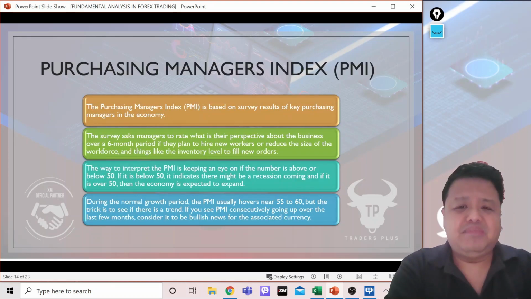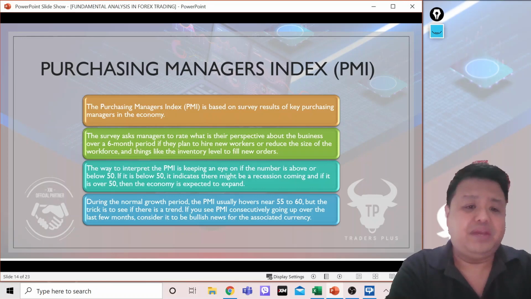PMI, Purchasing Managers Index. So this is based on survey results of key purchasing managers in the economy. So the survey asked managers to rate their outlook, o yung perspective over a 6-month period, if they plan to hire new workers ba or reduce the size of the workforce and things like inventory level to fill new orders.